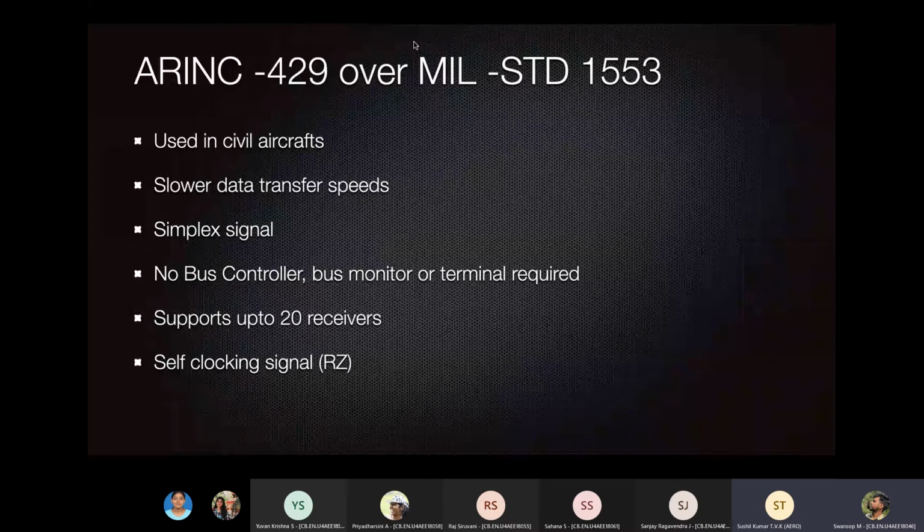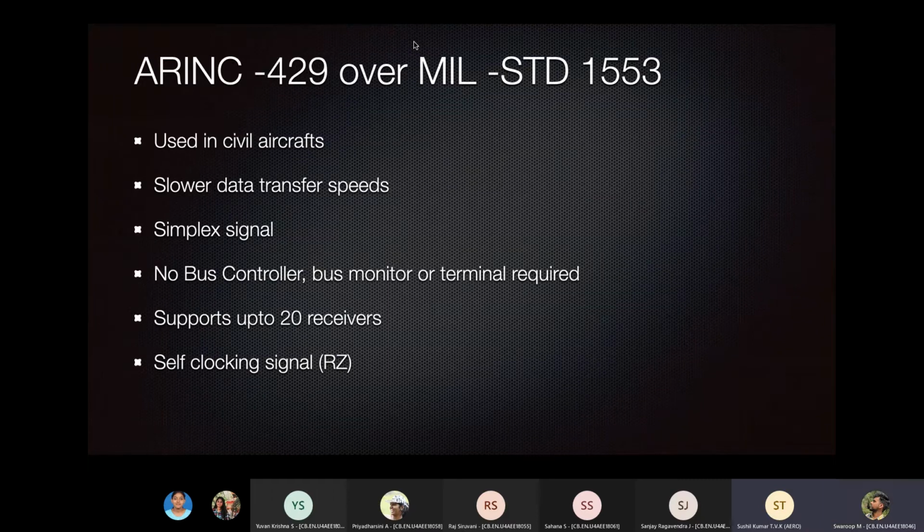What do you mean by some other system? No, one is air data system, another can be radar. So different modules, but it's coming from different buses. Then it's no longer a serial bus, no? Then you will be running so many wires. I don't think they would have made it like that.